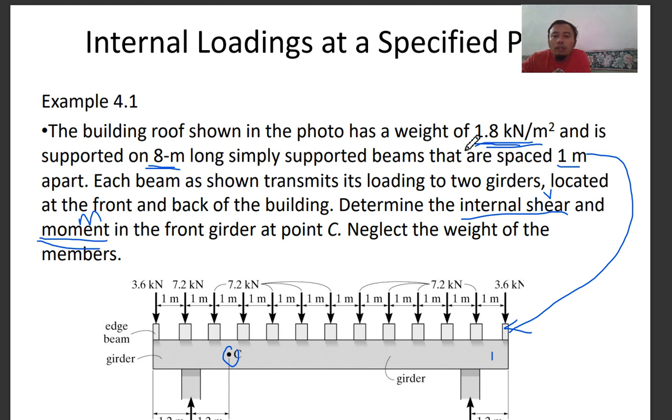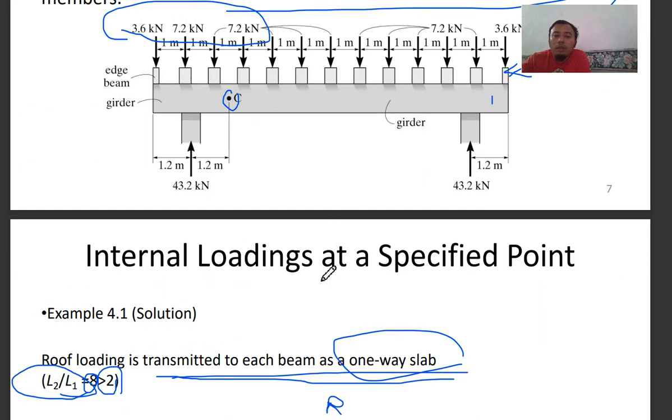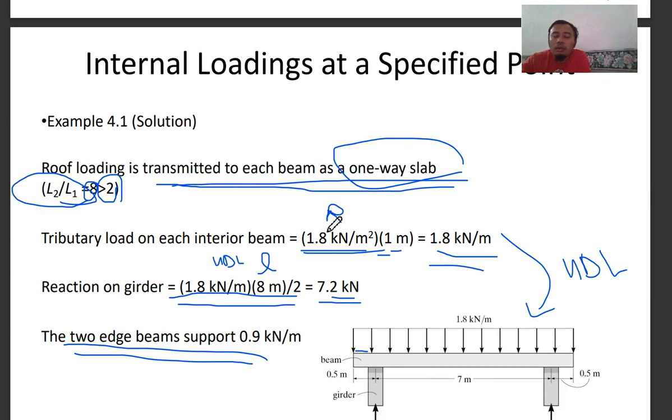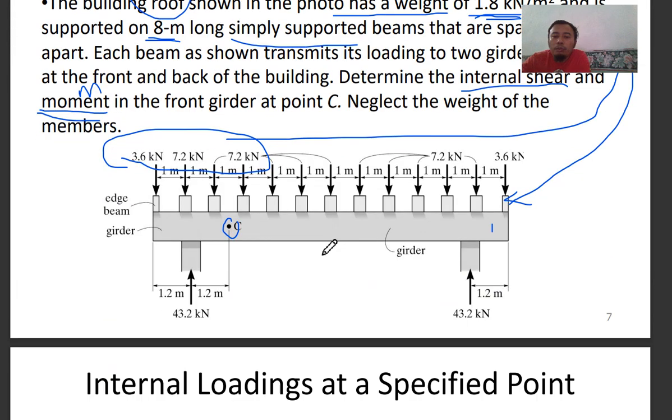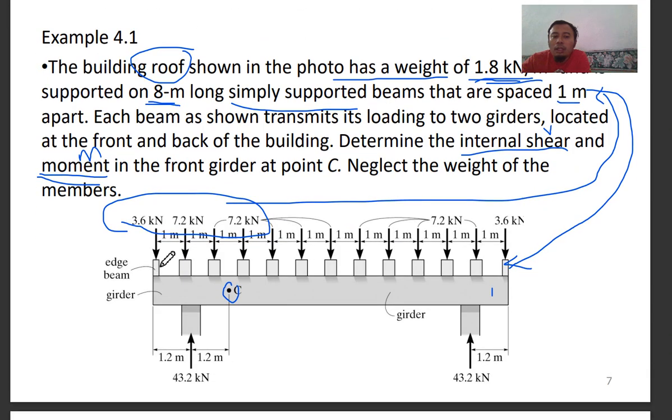Translate this loading from the roof onto these simply supported beams, and then from those simply supported beams you get this value. This part is the tricky part, I would say, because you want to convert from the 1.8 roofing, the weight of the roof, 1.8 kilonewton per meter square, then you times the 1 meter. 1 meter is the length between the supports carried by the